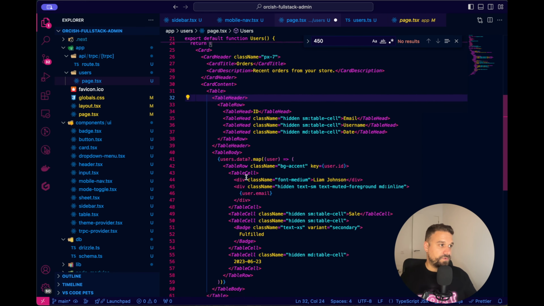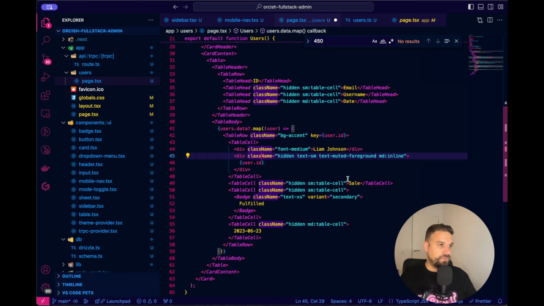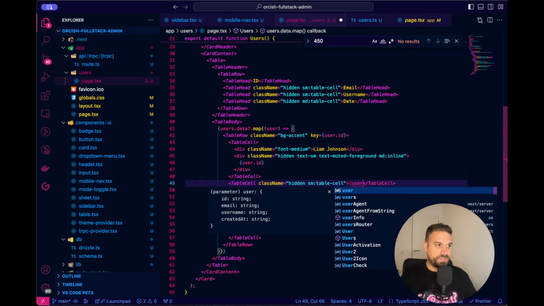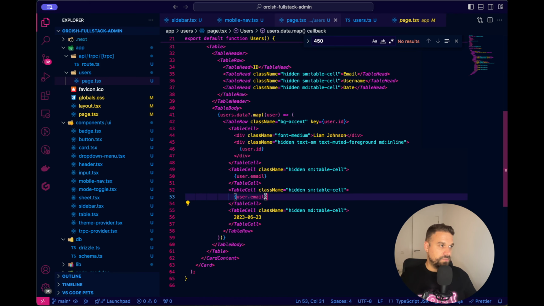So here first cell is going to be ID, then for sale we're going to say user.email, and after that we have this fulfilled thingy. That one shouldn't be a badge, we can just leave it like this, username,